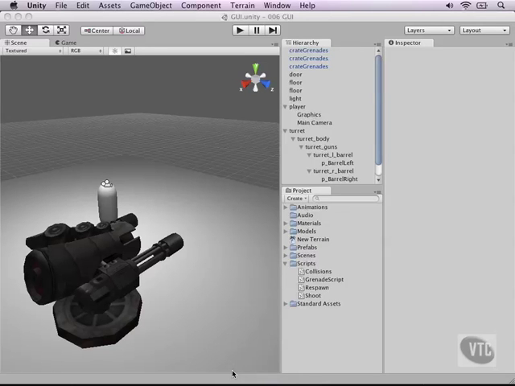Now that we have a weapon in the game and a potential enemy, it is time to learn a little bit about GUIs. As we have seen, we can throw grenades, and as we throw grenades, it shows down here in the bottom of the console window how many grenades we have left. That's nice and all, of course, but as soon as you export your game, the console window will